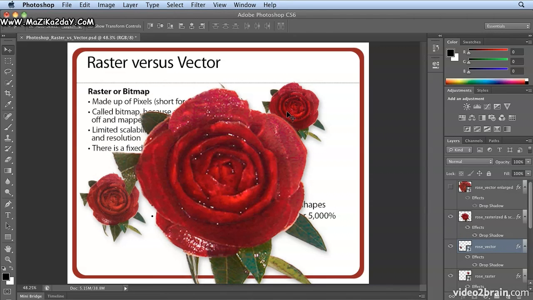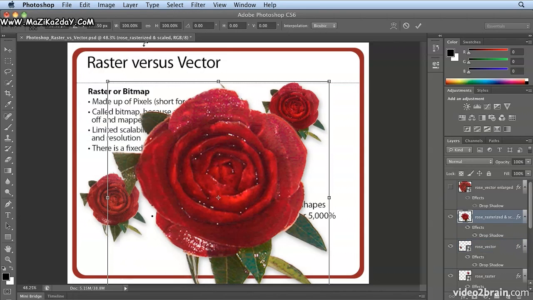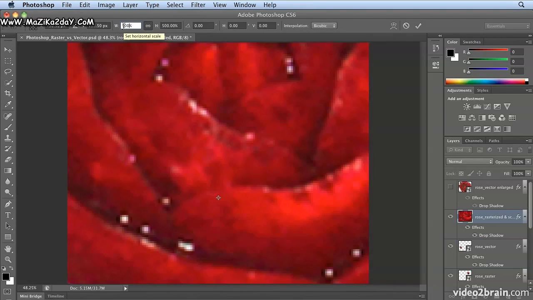If I were to select the rose rasterized and scaled and use Edit, Free Transform to scale it up another 500%, I can do that through the options bar across the top, link the proportions, double-click, and type 500. And there, when I press Return or Enter to accept the scale, you could see every pixel, especially before